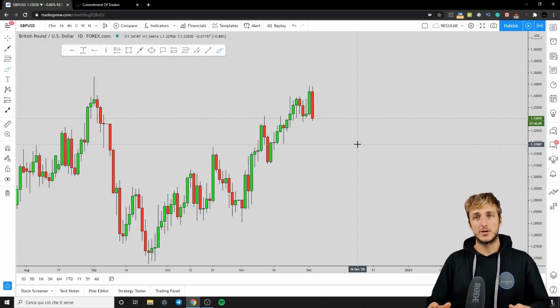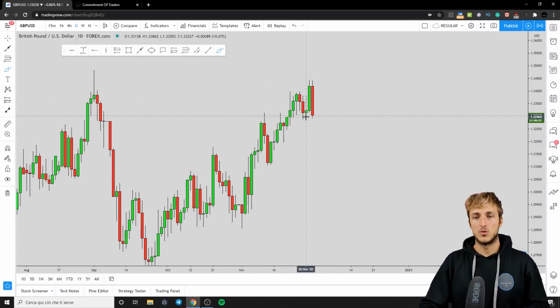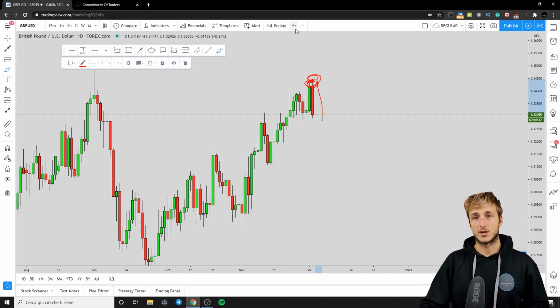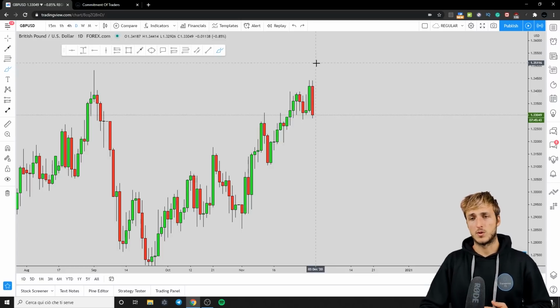And there is no better thing to go and hunt stop losses or create fake breakouts to actually generate liquidity. Because once the market broke above this high, many people started longing GBP USD at this high after the higher high. And all those long orders can be used by institutions to actually sell, which is exactly what they did. And in fact, the market started to move to the downside as we already wanted to see from our previous